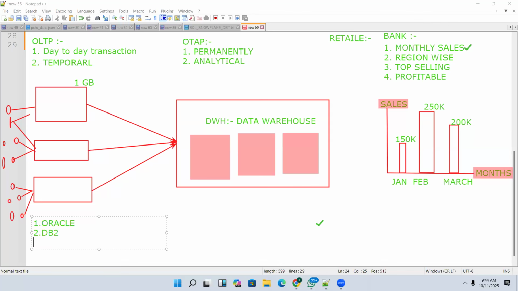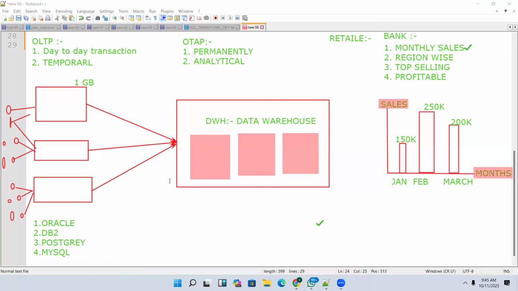It is also a database. And Microsoft SQL Server or Postgres, and also so many others, guys. Oracle, DB2, Postgres, MySQL. These are all examples of OLTP databases.